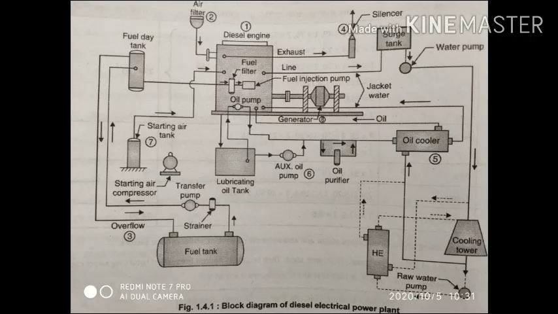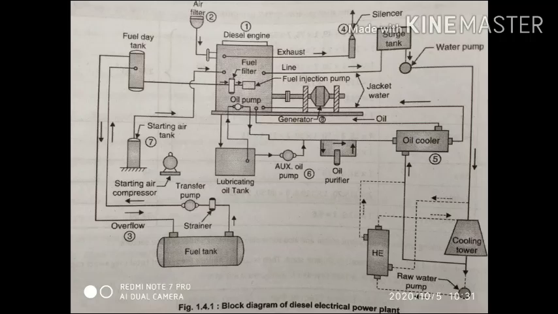Seventh one is the engine starting system, including battery, starter, compressed air supply, etc. The system is provided to rotate the engine initially while starting until the firing starts and the unit runs under its own power. Small sets are usually started manually by handles, but for large set capacity, say about 75 kilowatts, the compressed air system is mostly employed for starting the diesel engine. Battery driven motors can also be used for starting the diesel engine sets.